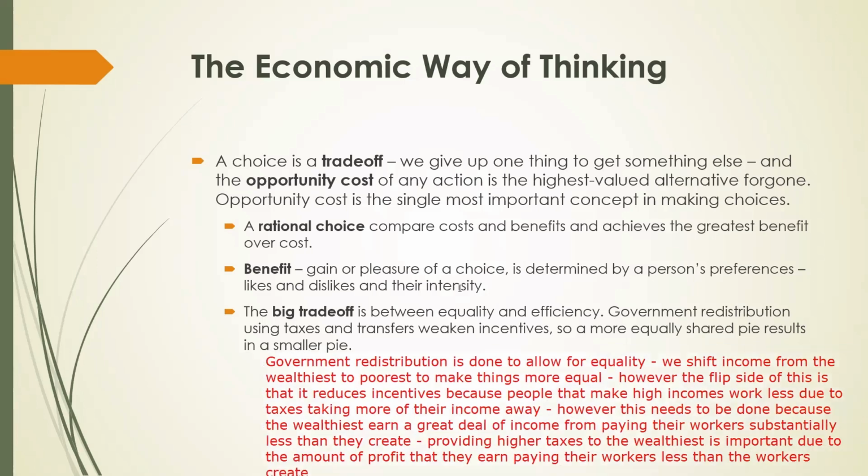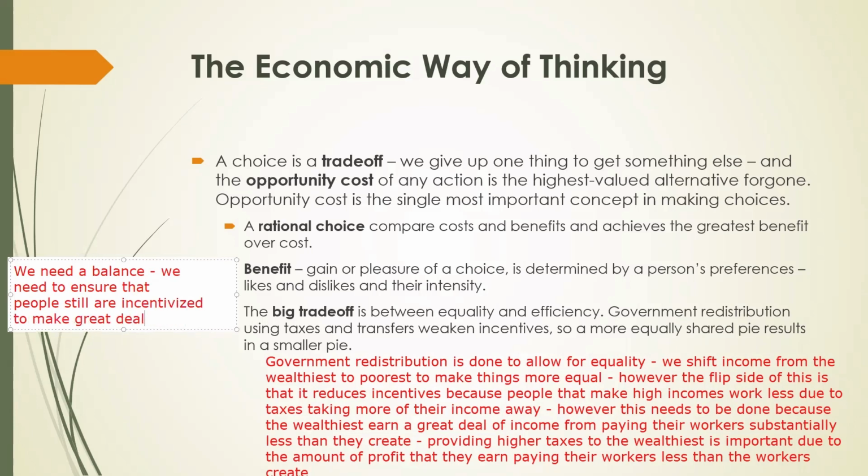So the taxation is redistributed to the poorest to equalize the playing field, because there's a big divide. Yeah, so that's important, but then again, it reduces incentives. So it's important to see a balance. So we need a balance. We need to ensure that people still are incentivized to make great deals of income